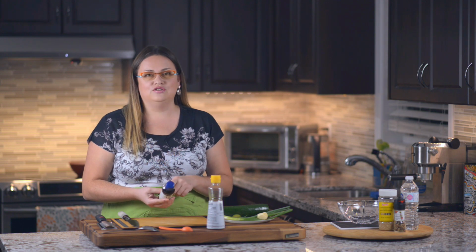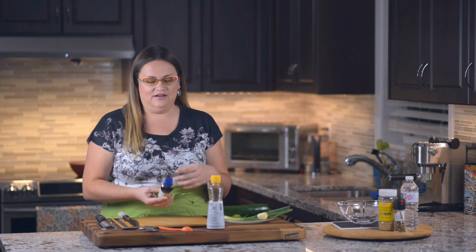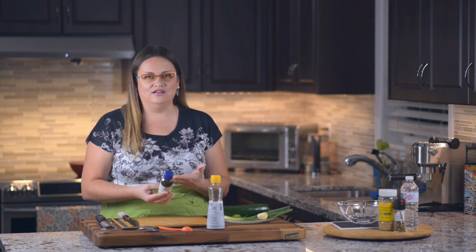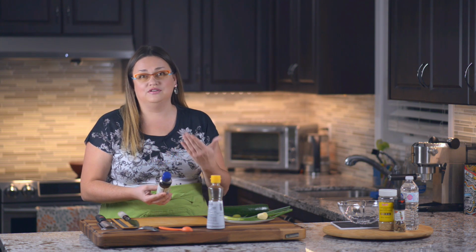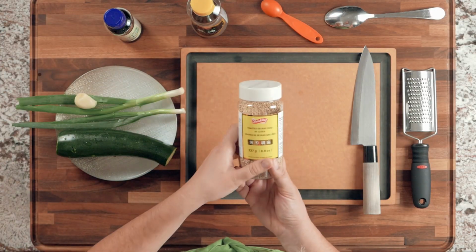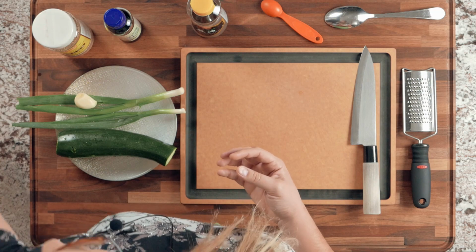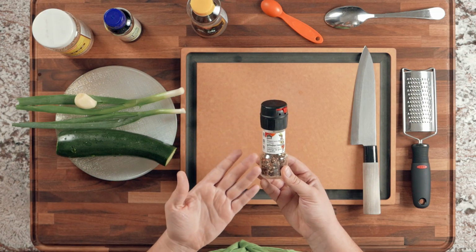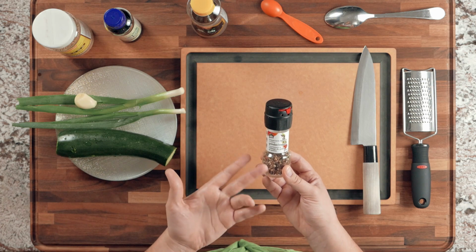If you really don't like fish sauce, you can try and use soy sauce instead, but the fish sauce does give it an interesting taste, so really try, and if you can, make it with the fish sauce. Also, sesame seeds, like always, roasted sesame seeds. I'm just gonna use some peppercorn, just different kinds of peppers here in the mix, like black, white, and red,